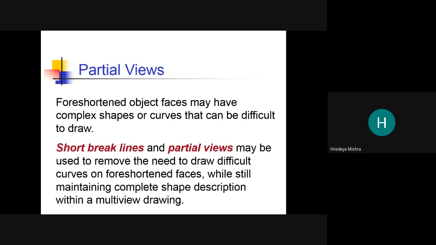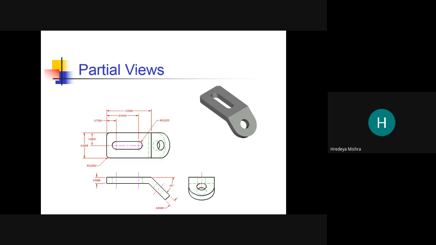Short break lines and partial views may be used to remove the need to draw difficult curves or foreshortened faces, while still maintaining complete shape description within a multi-view drawing. Now we can see this.